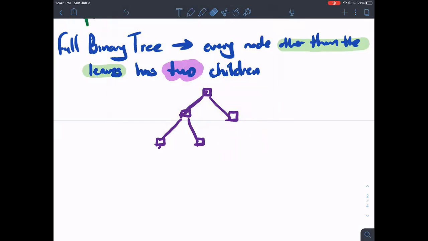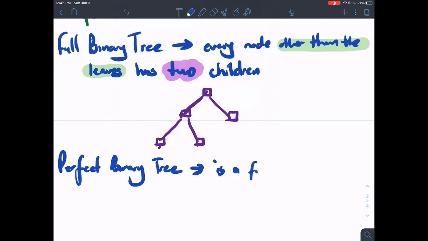And now we have a perfect binary tree. A perfect binary tree is basically a full binary tree